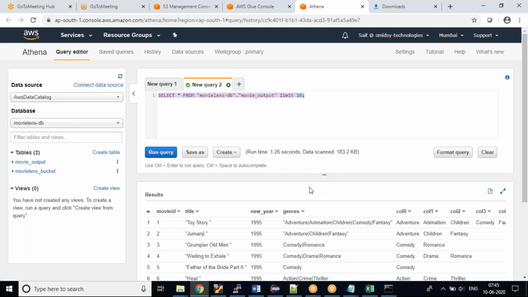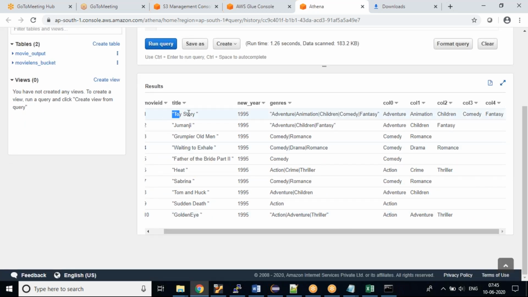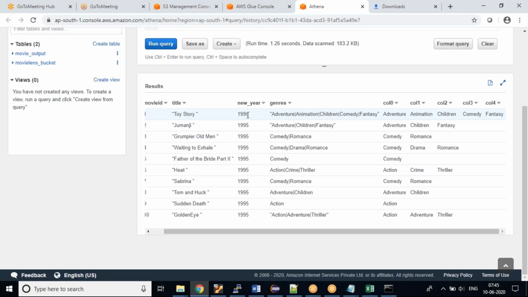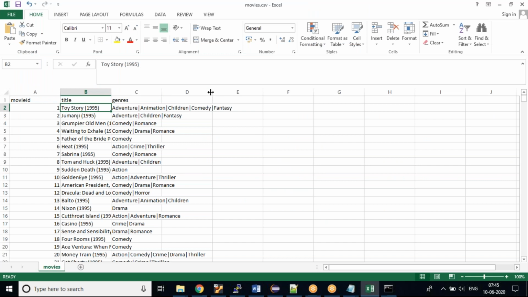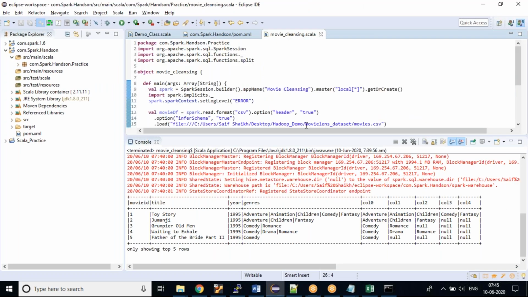Can you see this? Let me just scroll. Can you see this transformed data? So I've just separated this. This is the original data set, which is in a single column. I have separated it into two columns. And can you see this is the single column, which is separated by a delimiter. It has multiple values. So I have kept that as well, and I have separated this into 5 columns. So this is the code for that.